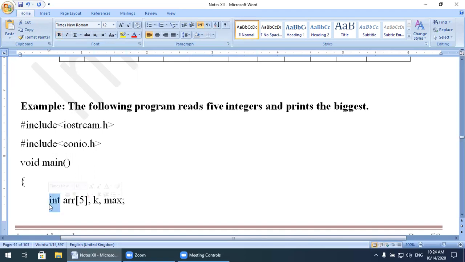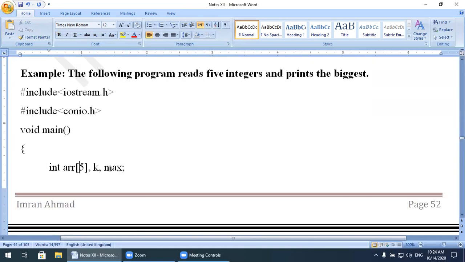Now watch here, we are going to make an array of 5 elements, because 5 integers means an array of 5 elements. K is the index number and maximum shows the biggest number. All of these are variables. This one is the array variable name, ARR, and its size is 5 elements.